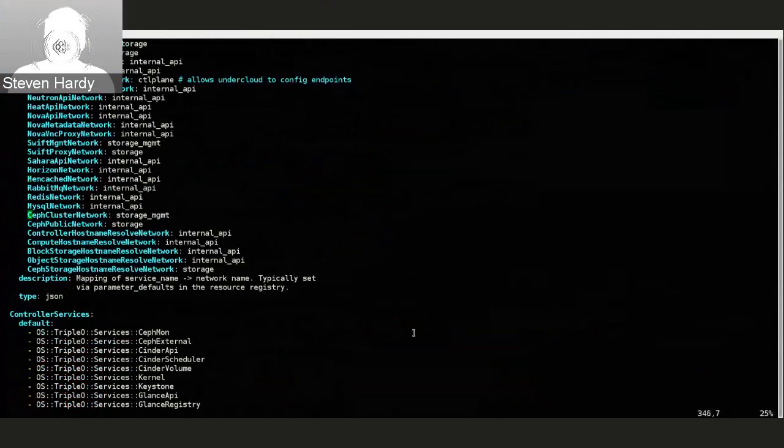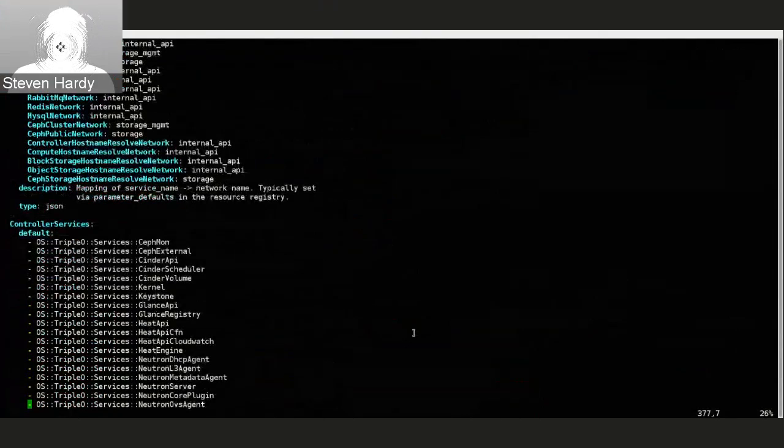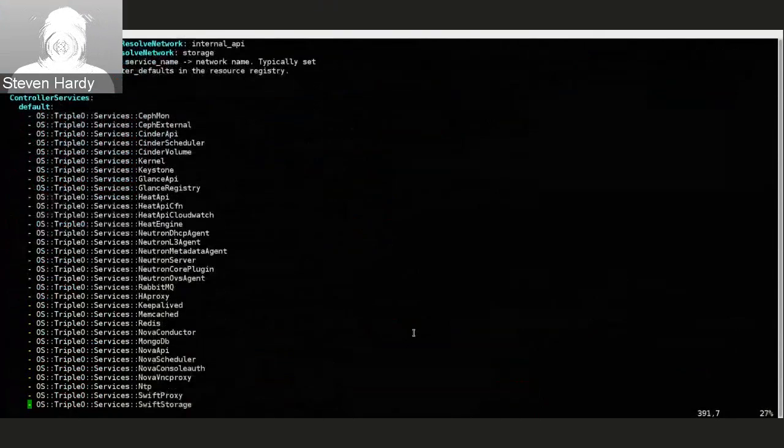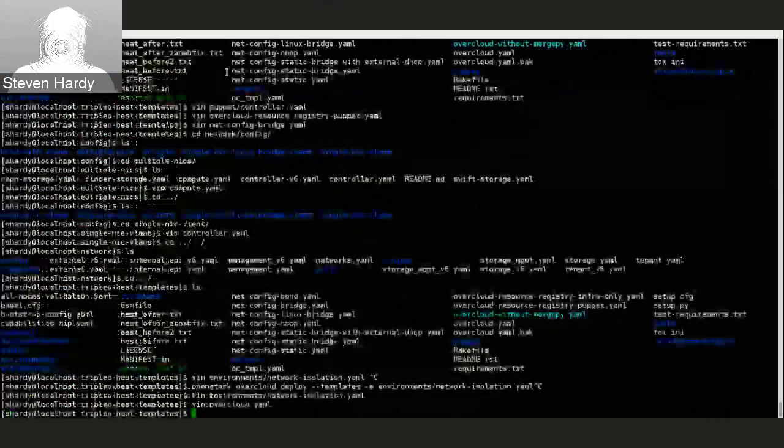You can see here, this is the controller services list. So for the composable services model, which was in that diagram, basically you have a big long list of each one of these different services. And as we talked about, these are just a type alias, basically. So if we look at